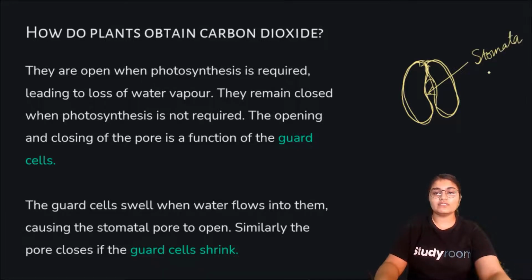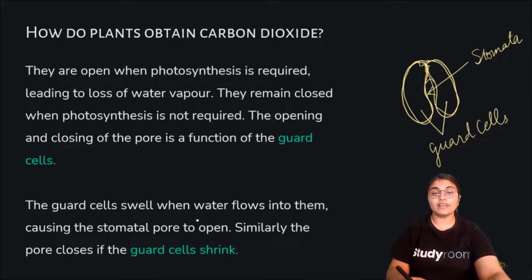So opening and closing of this pore, the stomatal pore, is basically the function of these guard cells. The guard cells swell when water flows into them. So when they absorb water, they swell up, and then they open. Similarly, the pore closes if the guard cells shrink. So when the water is again given out, then they shrink,